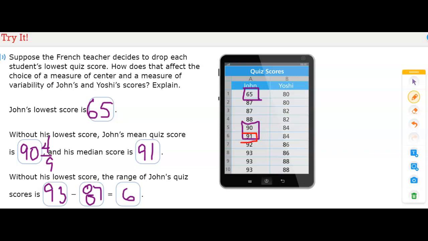So the middle number would be 91. And so we look at the lower quartile and the upper. So the lower is 4 numbers. So we have 2 middle numbers, 87 and 88. So we would add those together and divide by 2. And we get